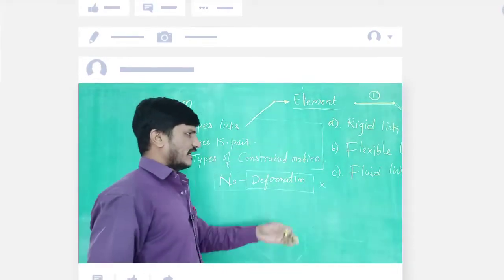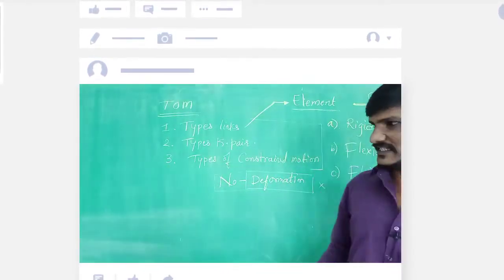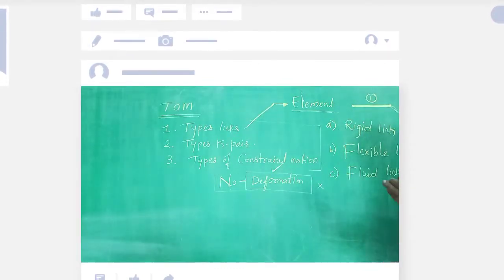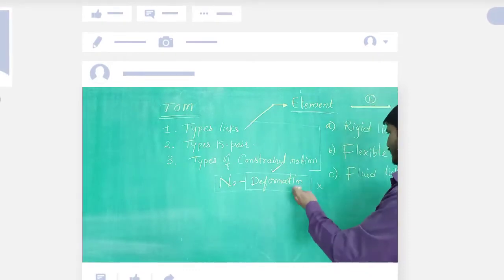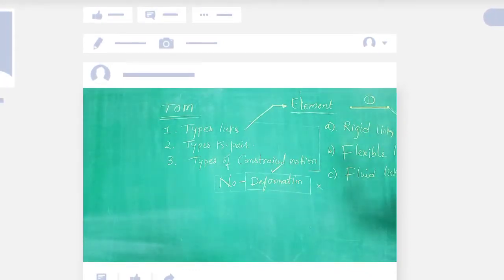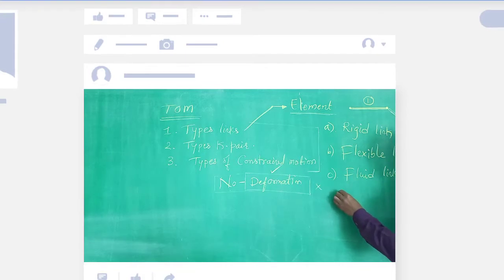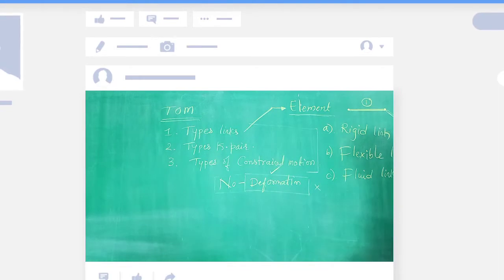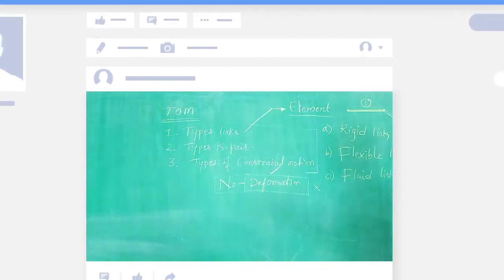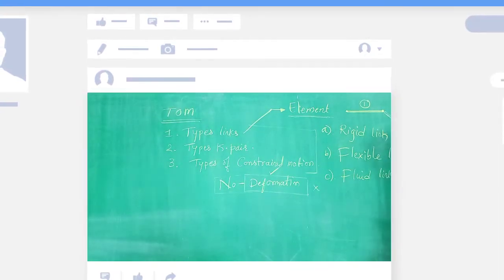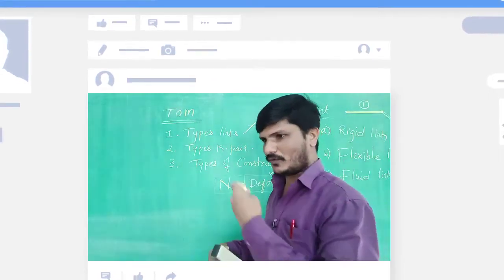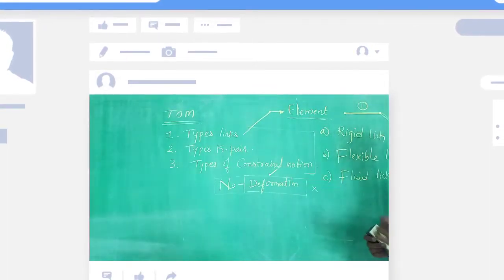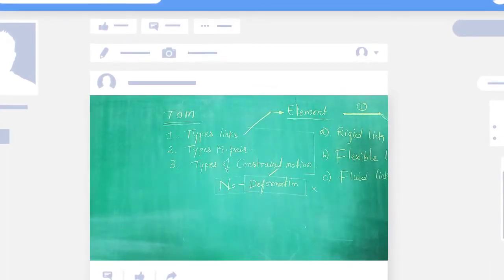Another case is the flexible link. A flexible link is one where a small deformation exists. You can take examples like the slider crank mechanism or IC engine parts, which give flexible deformation, or you can take belt drives, power transmission drives, any element that transmits power from one place to another. If you take the belt, there will be deformation, so it is called flexible.